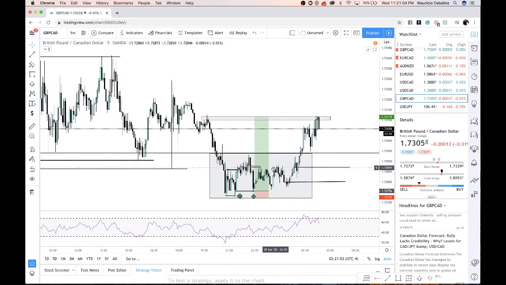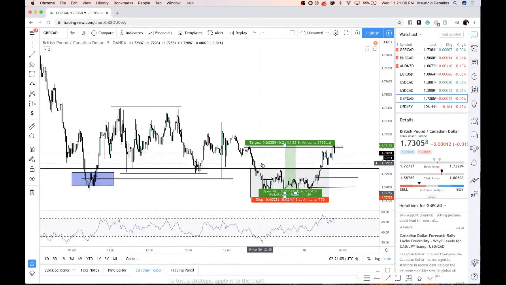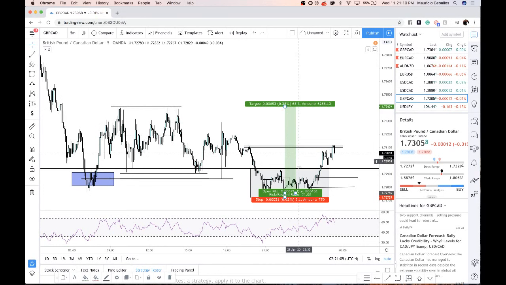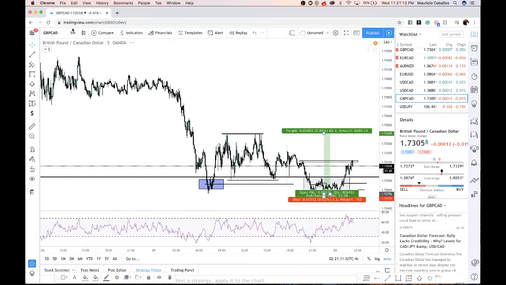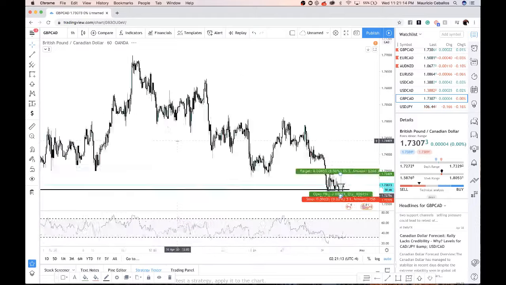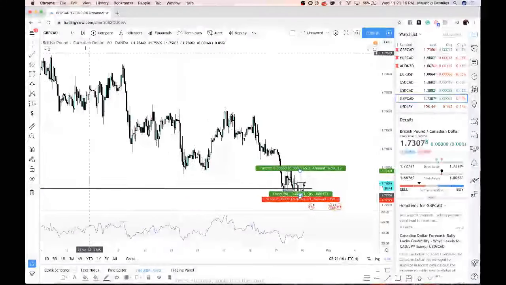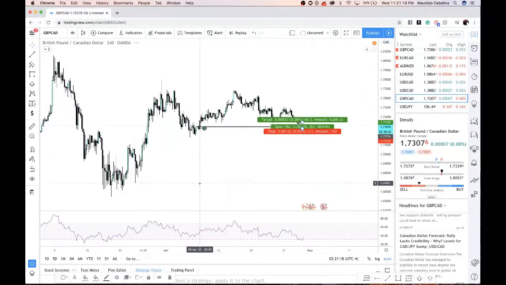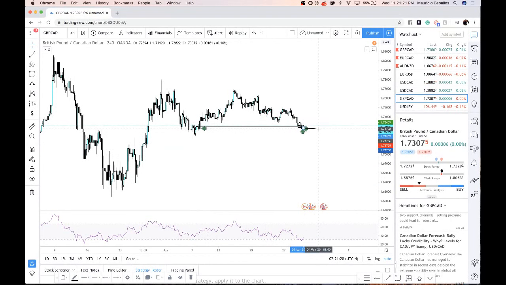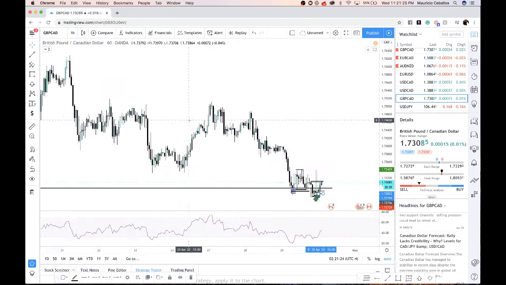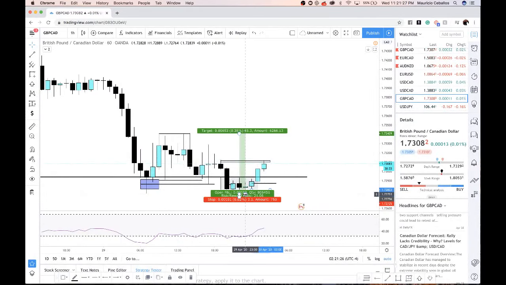So right now, it's playing at an 11 to 1 risk reward. My next target after this is going to be this next equal high, which is going to be a 21 risk reward, and so on. And this is going to lead us, if I decide to pull it up all the way to my H4 time frame, the area that I'm looking to actually look for my selling positions. If I am patient enough to take it all the way up over there,